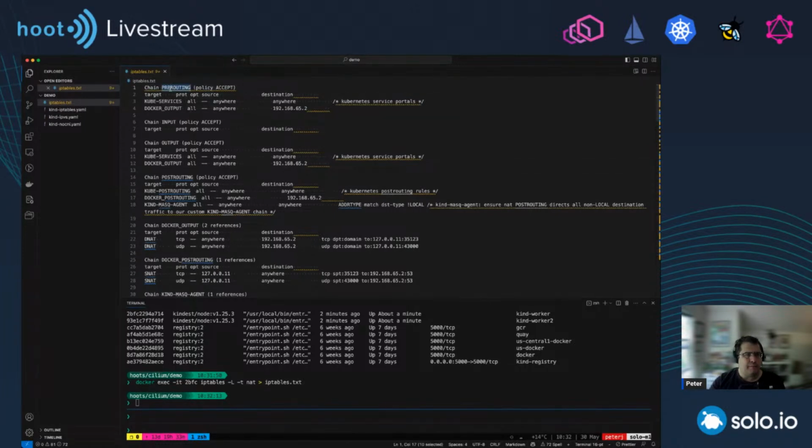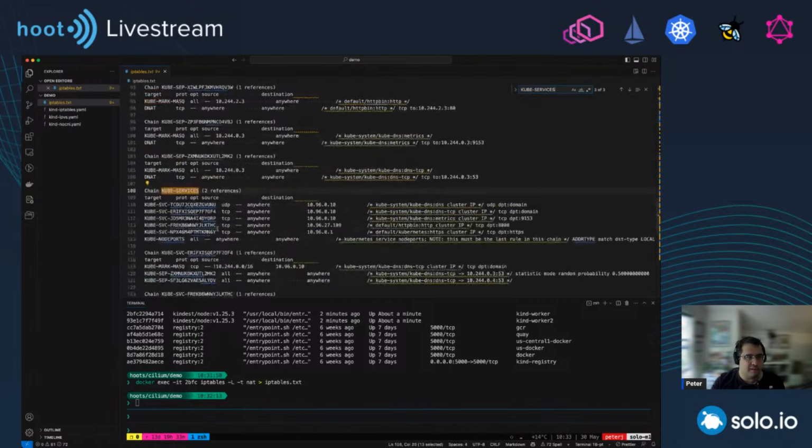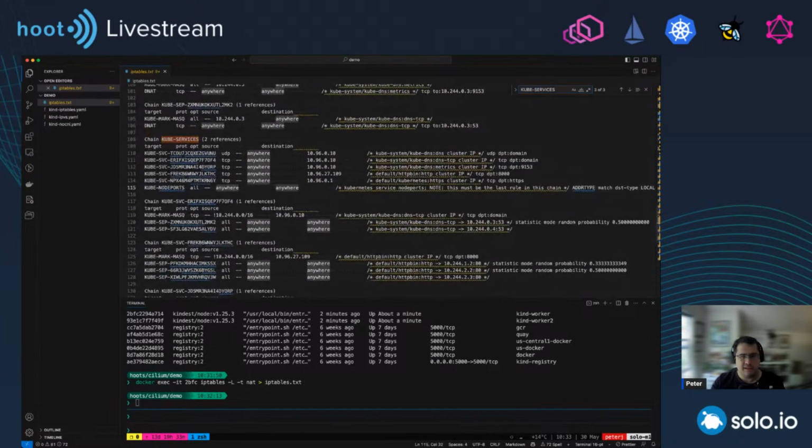So if we start at the prerouting chain, you'll notice that the traffic is going to get routed to the KUBE-SERVICES chain. That's saying from anywhere, destination and sources anywhere, go to KUBE-SERVICES. If you go down to KUBE-SERVICES, we have a couple of entries here.